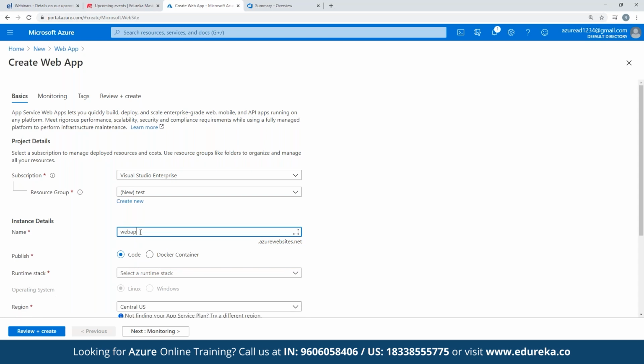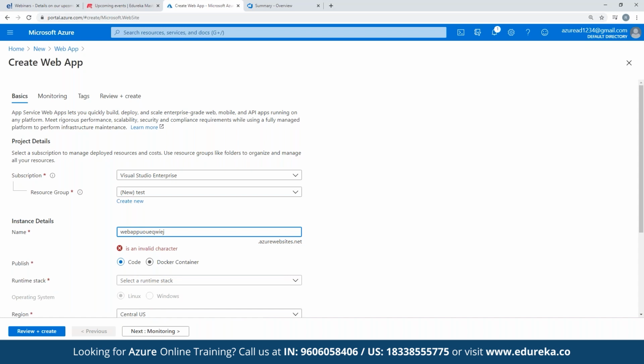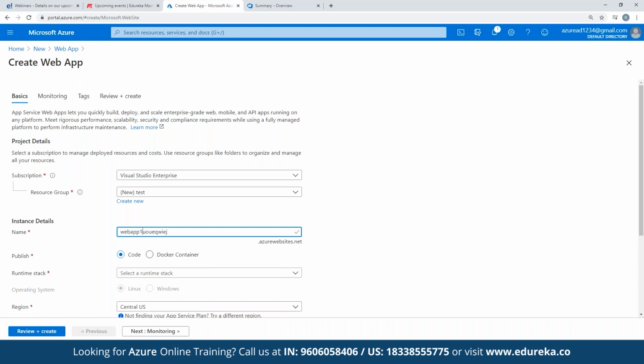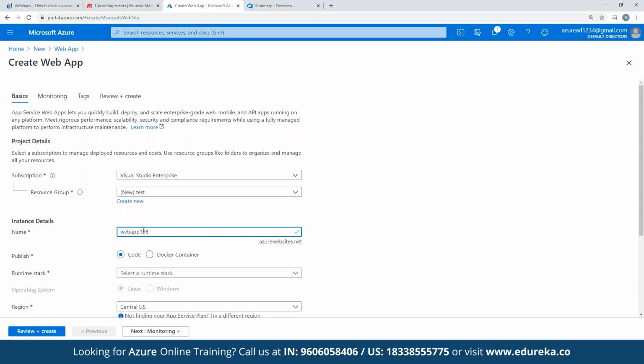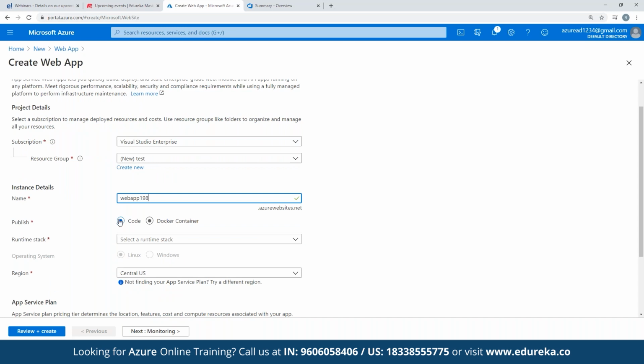Okay, underscore is fine. We have given some random name, that's okay, because similar names have already been taken, and we don't have the space acceptance, but we have web app 1 which is taken, right? Correct. Okay, so let's give it the name, and we have this publish option which can be taken as code